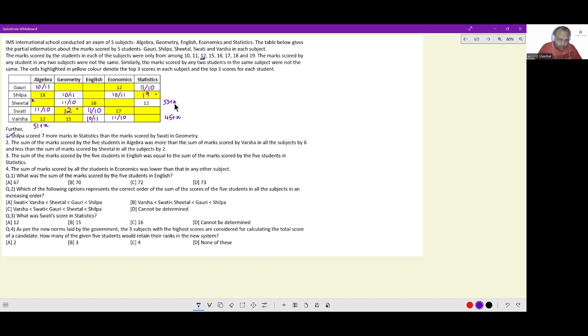If the score is 16, only then will I get 53 plus X. If I take the geometry score of Sheetal to be 11, but 16 and 16 in the same row is not possible. So Sheetal's score in geometry cannot be 11, and therefore the score here would have to be, wait, 16 plus 10 is 26, 26 plus 12 is